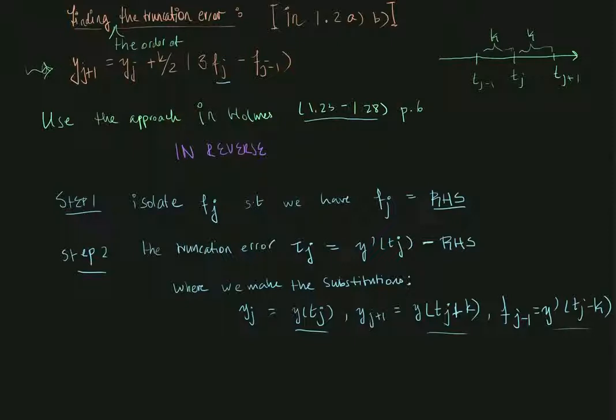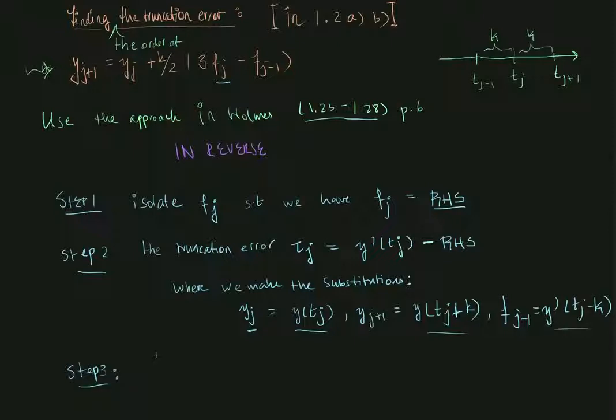So when we want to go backwards, aka find the truncation error by using the expression for the finite difference formula, then we make the substitution the other way around. So we say, well, let's pretend that these are given by the exact expressions. What then is the error tau j? So after we substitute these things into the right-hand side here, we will have an expression that involves y of tj plus k and y prime of tj minus k, which leads us on to step 3,